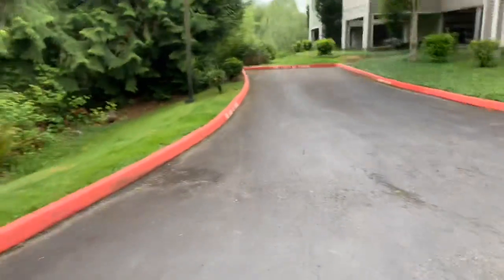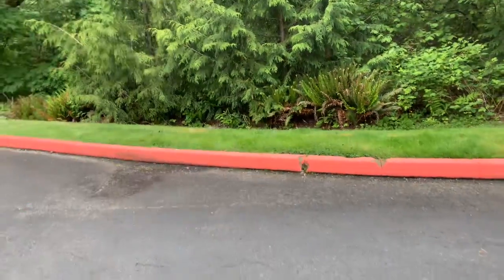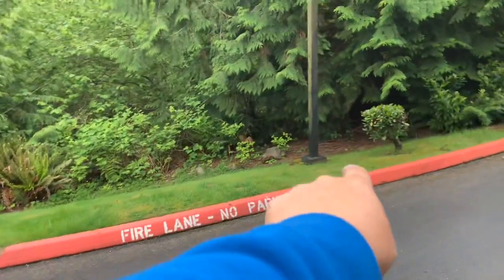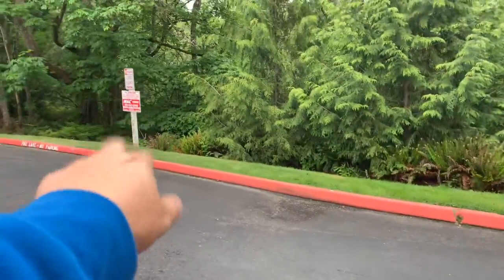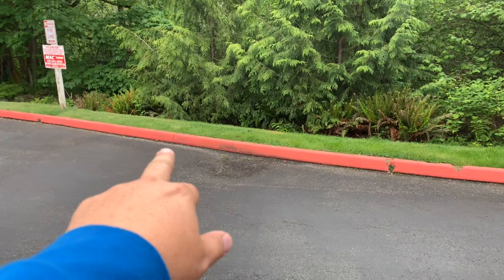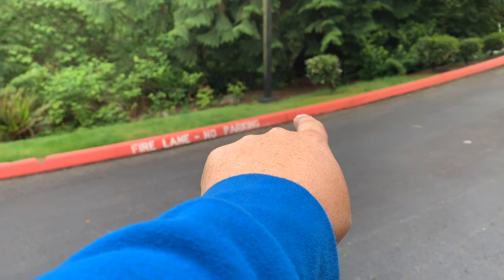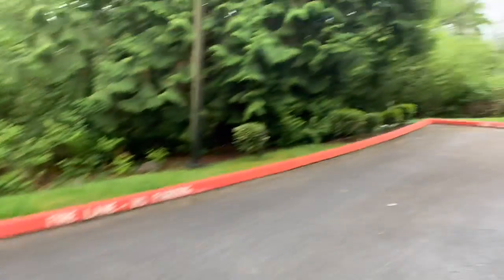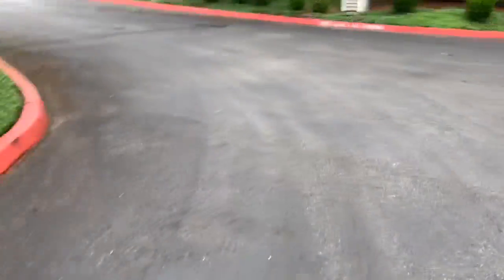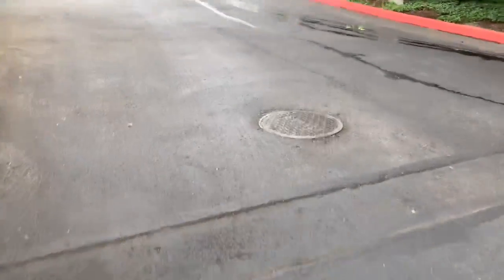Over in this area, we've got a little bit more curb damage. So we'll take from that joint right there, and from that sign, we're going to go to the joint that's to the right of this sign and go all the way up to the next one there. So we've got 22 feet of curb to do right there, 22 feet. And that'll do it. I don't see any asphalt repairs that we need to do down on this lower section,